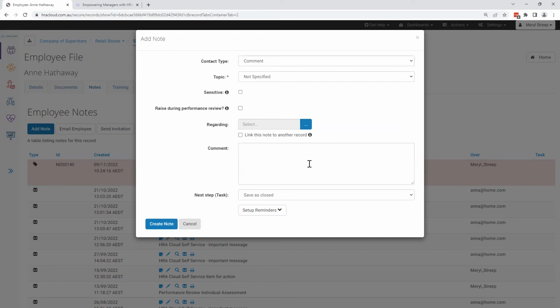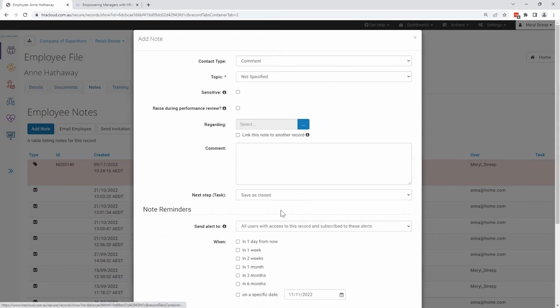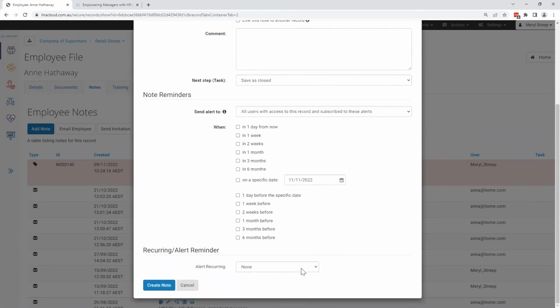For a simple note that you're wanting to save onto their file, you will save that note as closed, and it will only be visible on the management side of HRA Cloud. The employee will not be able to see it. You can also use notes to set up reminders or recurring alerts using this option just down here.